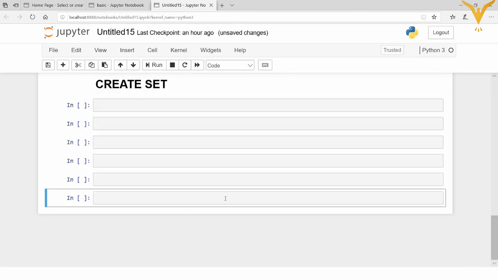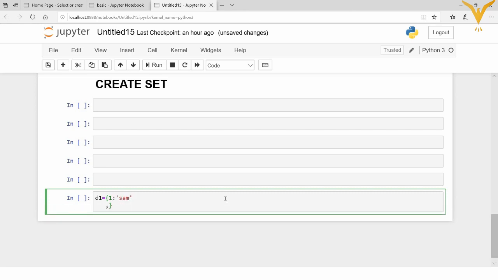Okay, now we are going to create a dictionary. So I will take D1 equals, use curly braces. Now I am going to store the roll number and name of the students. The roll number I am going to use as a key and the name will be the value of that particular key. Okay, so first roll number 1 colon and the value is Sam.